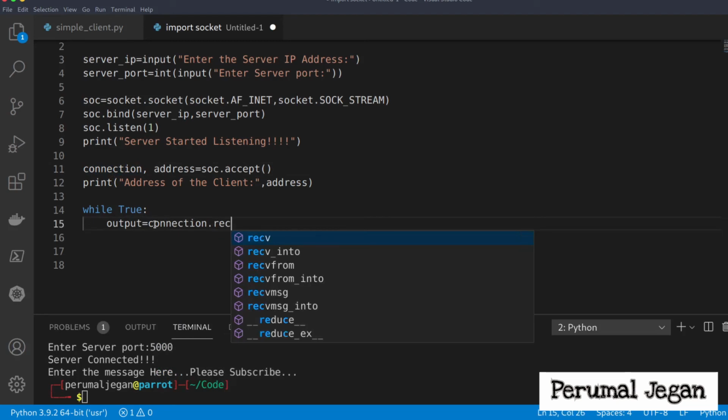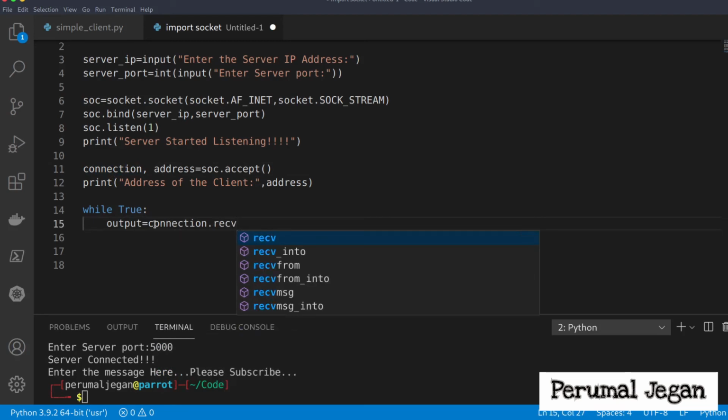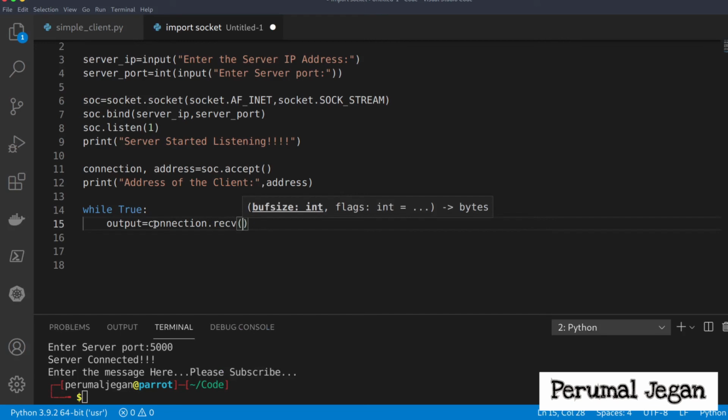So mention the function recv and apply the bracket here. When you apply the bracket, I can mention the buffer size, the size of the packet, 1024. So it receives 1024 bytes of the packet. Fine. Again, I received 1024 bytes of packet in output.